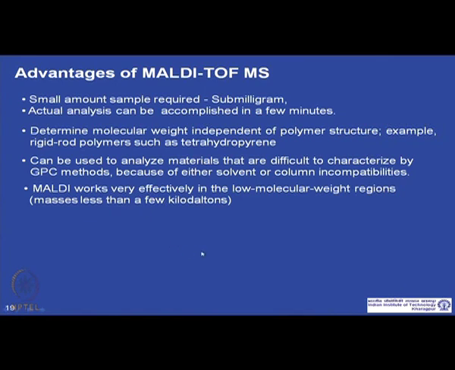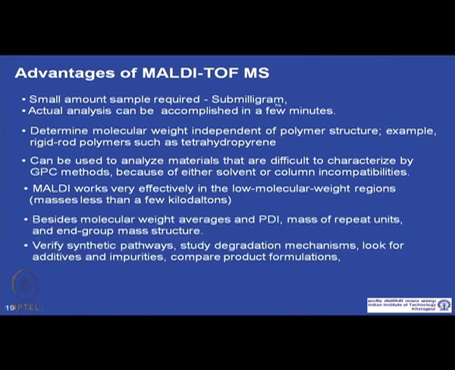It requires a small amount of sample, very sub-milligram sample is required, and this analysis happens fast, within a few minutes, compared to the other techniques, it is very efficient. It does not depend on whether the polymer structure is linear. For example, for gel permeation chromatography, we typically use the principles and postulates of a Gaussian flexible polymer chain, but in this case polymers having any shapes or any structure can be determined,